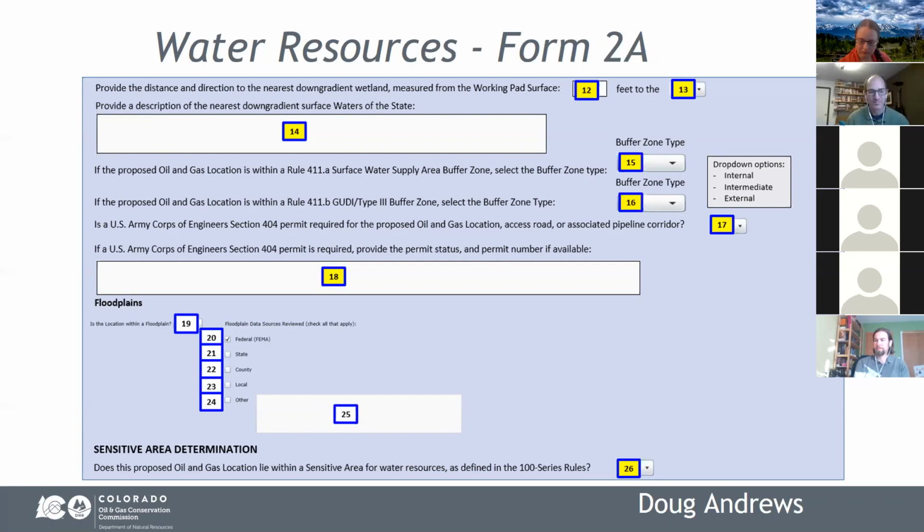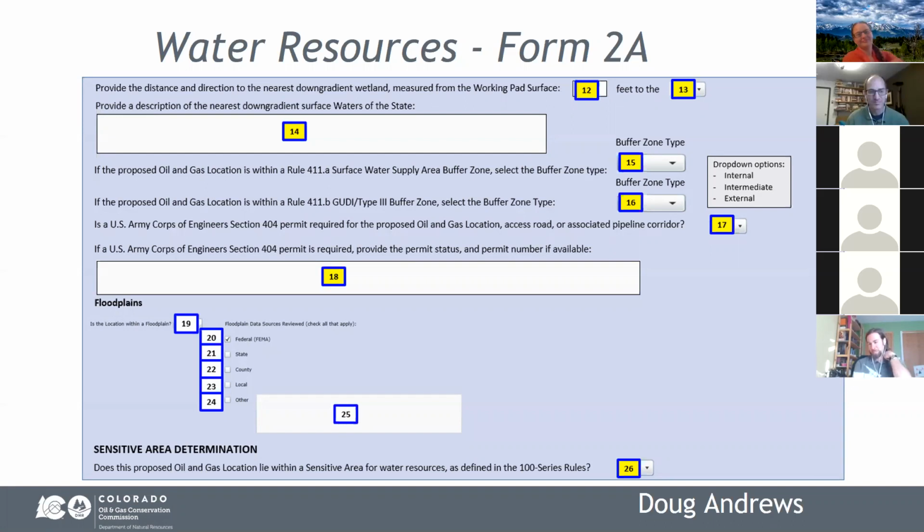And then there are buffer zones in there: internal, intermediate, and external. This is similar in question to what is currently on the water resources tab when it talks about public water systems in the buffer zone. You may be in for that, but this Rule 411 goes into specifics about exactly what we want you to look for. Rule 411, it's a big rule. There's a lot there,